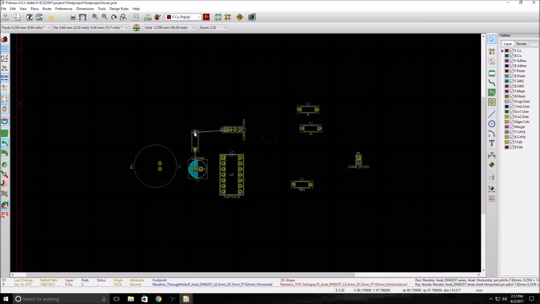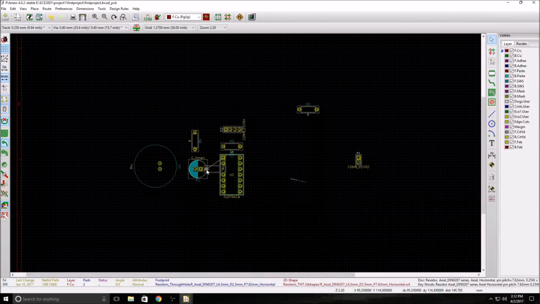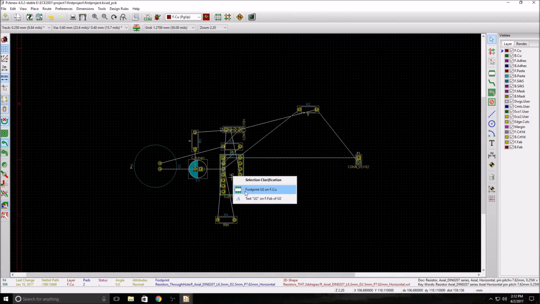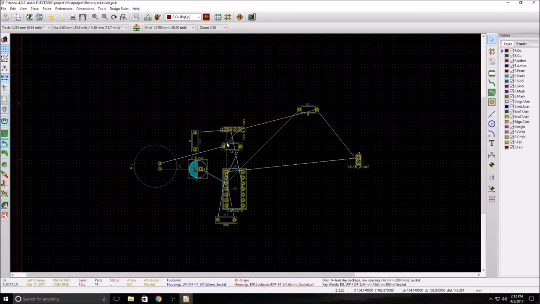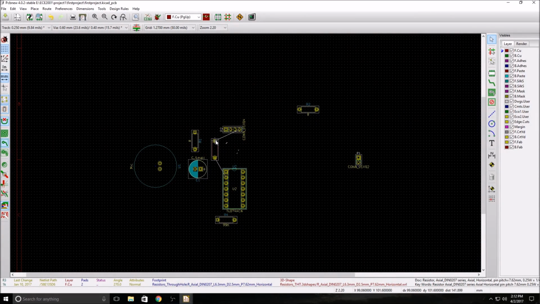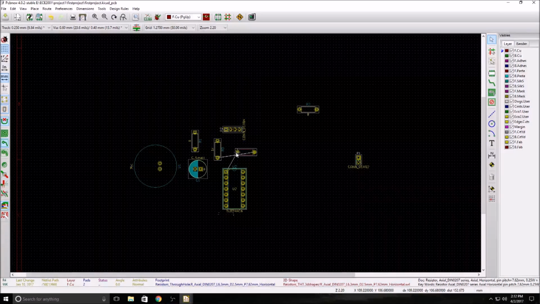Can add this resistor. You can see that when I rotate these, the connections that it's trying to make are automatically connected as well. So we have a resistor here, which we need to add, and I'm going to put the resistor here. This one is the one that goes to ground, so can move that around. This is the feedback resistor, so let's move this guy down a little bit. Now this always takes some fiddling around to figure out the best way to minimize the tracks that you want to use, and also you want to spend a lot of time making sure that you have it so